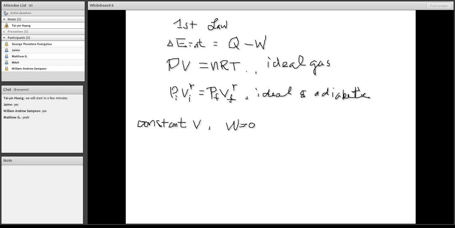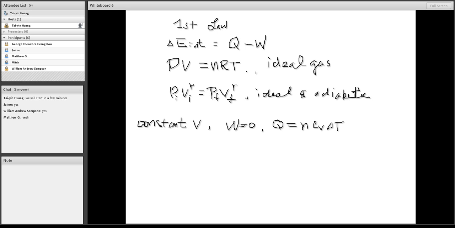Also your Q, because this is a constant volume process, should be equal to nCV times delta T. n here, of course, is the number of moles of the gas, CV is the specific heat at constant volume, and delta T is the temperature change. So when you're dealing with a constant volume process, W is 0, Q is equal to nCV times delta T,